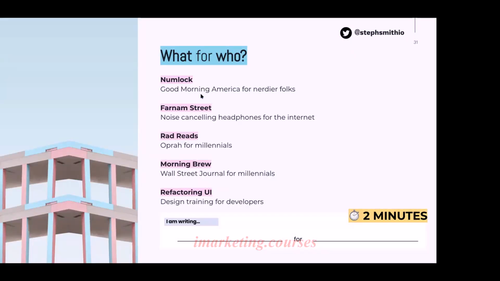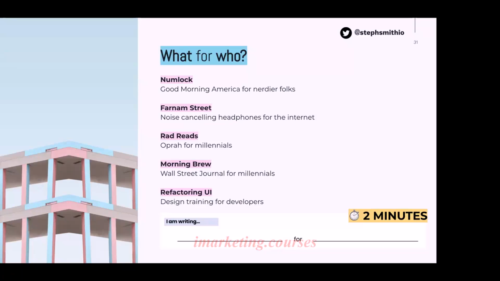So Numlock is one that I love, which they say is Good Morning America for nerdier folks. Farnham Street says they're noise canceling headphones for the internet. Rad Reed says Oprah for millennials, and you can keep going down. And so again, we're running out of time, but we'll give you a minute or two here to just sit